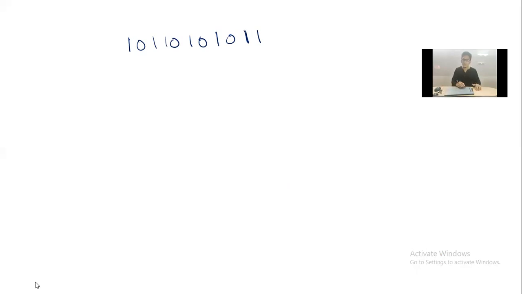What you have to do is start from the smallest number. What is the smallest number? 1. Just keep on doubling it. Double of 1 is 2. Then 4, 8, 16, 32, 64. I don't have space, so let me write in the above. 128, 256. Then 512, then 1024. So these are the values.